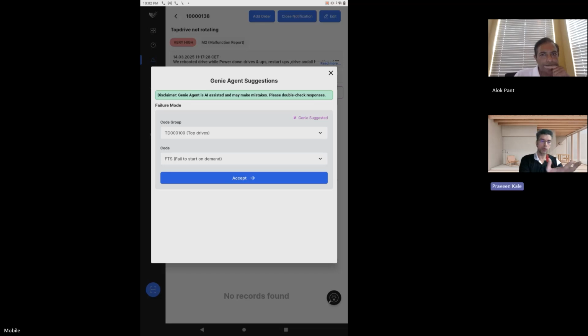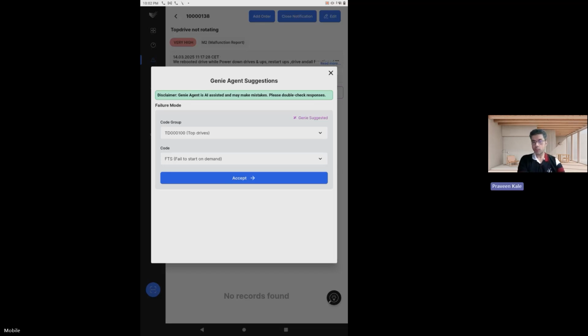Yes, absolutely, Alok. So what you're seeing right here is the Genie agent, which took in the context, right? When I say the context, it is the long text which was entered by the users. Additional context was the equipment that failed, all the object parts, damage codes, and everything else that was defined in the SAP system, that's configuration. All of this is combined together and then fed to the AI assistant. And like Alok mentioned, it is analyzed, processed,